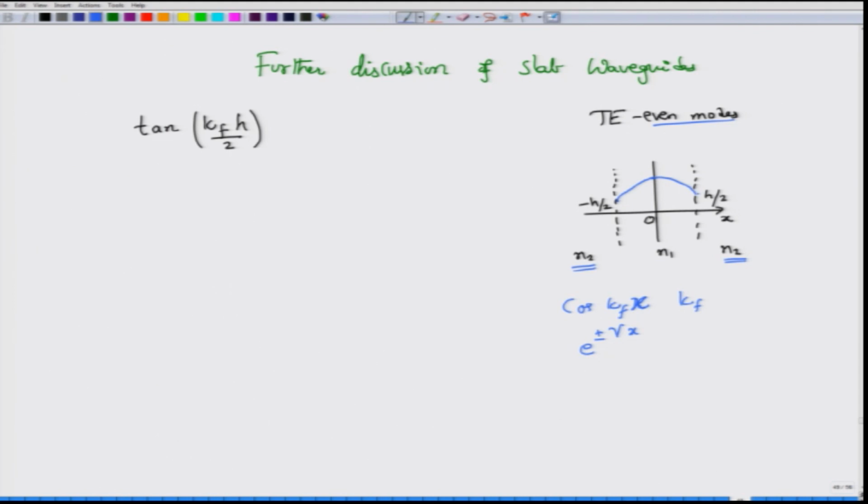Now, we have seen that when we apply the boundary conditions, what essentially we are doing is to match the fields which would be decaying outside the film, okay, and at the point where at x equal to h by 2, where the film meets the cover, or at minus h by 2, where the film meets the substrate, these exponentially decaying solutions must smoothly merge with the solution in the film, right. So, you can see that there is a single maxima here, and this essentially is what is called as the fundamental mode of the fundamental TE mode of this symmetric slab waveguide.